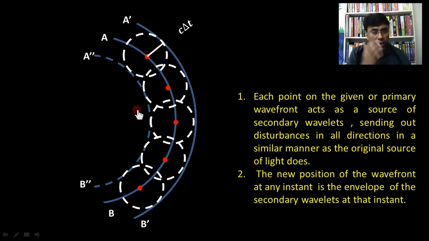But we all know that light does not progress in the backward direction. Say if you have a source of light over here, then the light towards the right side of the source will always proceed towards the right side only. It's not going to come back.